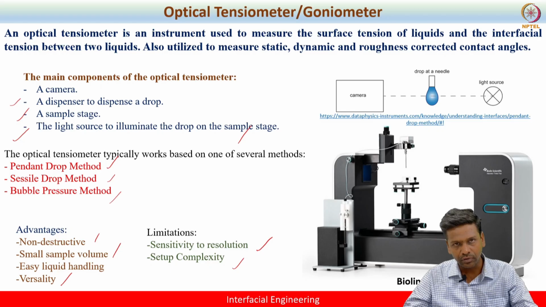In this, the droplet has to be placed on the surface of your interest, and then the side view of the droplet will be captured using the camera fitted at the side, right? And then, performing the baseline correction and using curve fitting, there are several curve fitting methods used, okay? So based on curve fitting, one can calculate or determine the contact angle, right?